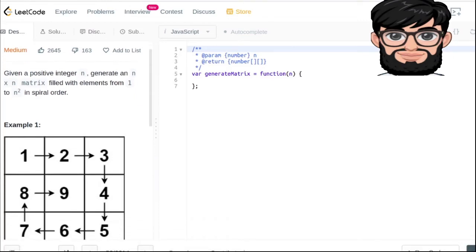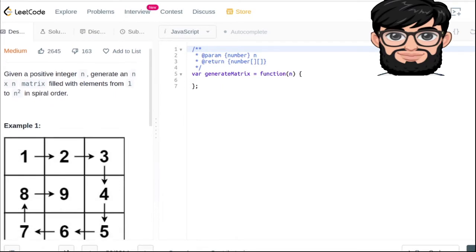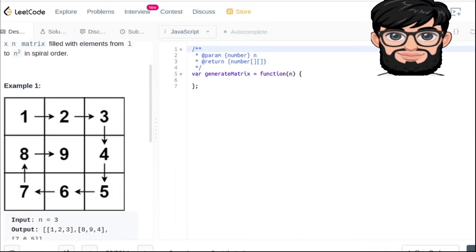Today we're gonna be working on Leetcode question number 59, Spiral Matrix 2. You are given a positive integer n, generate an n cross n matrix filled with elements from 1 to n square in